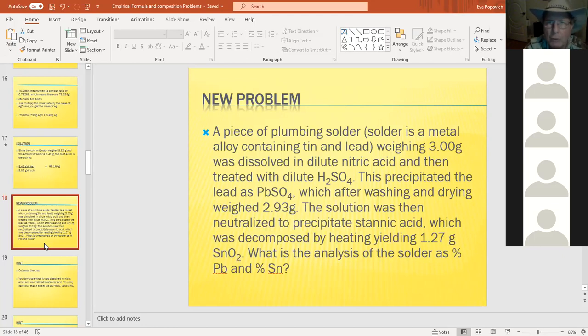Lead weighs about 207 and sulfate weighs about 96. You got 1 point so far, Dana. No pressure, no pressure. So then we take the weight of